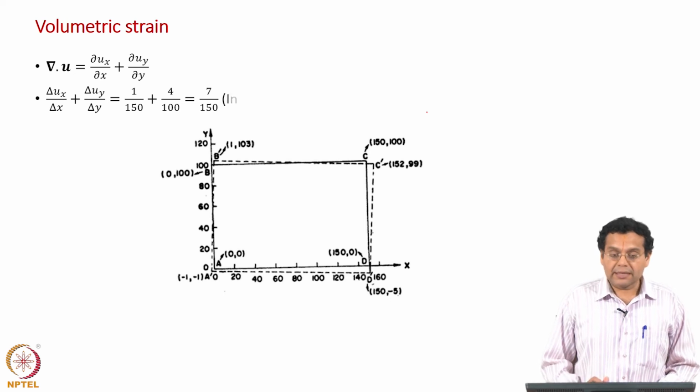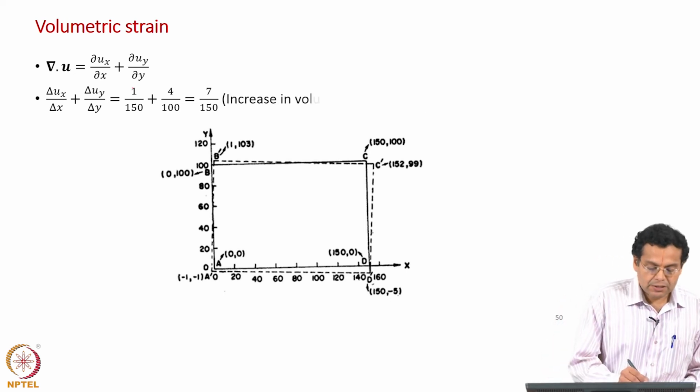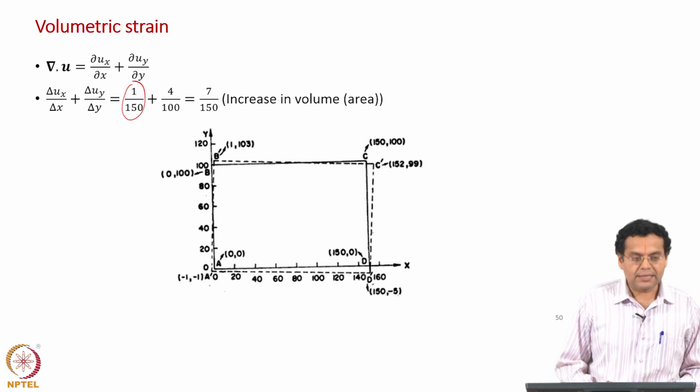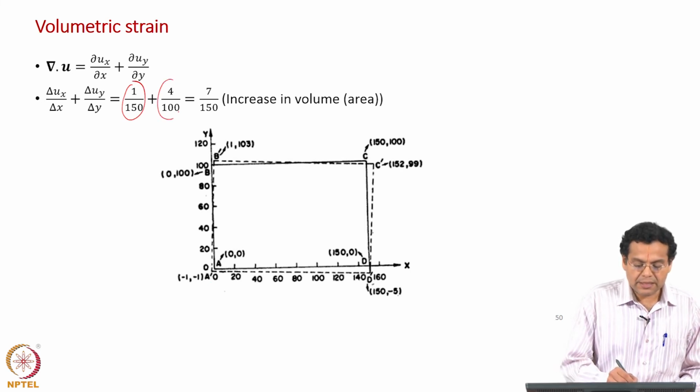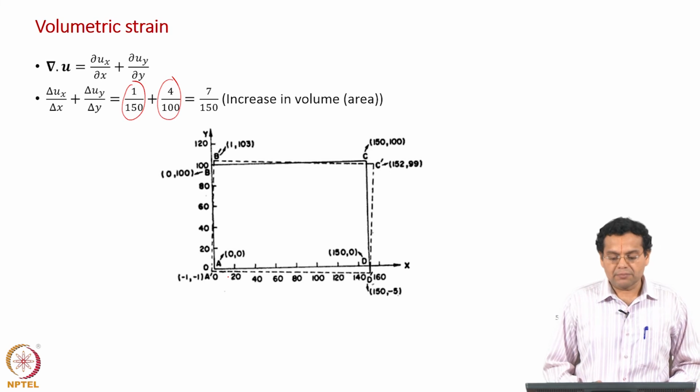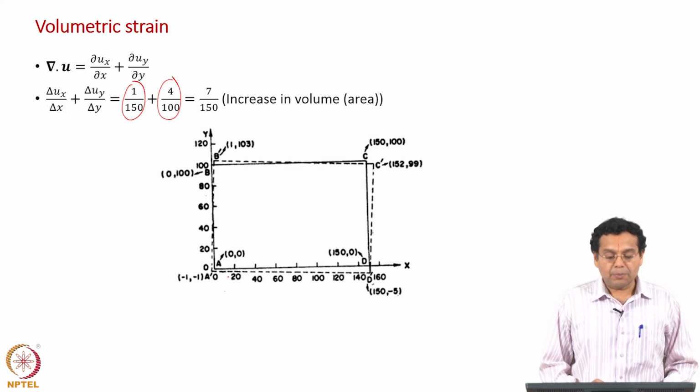We already calculated these values. This is the normal strain along x direction, this is the normal strain along y direction. Just sum them up, you get a positive value of 7 by 150,